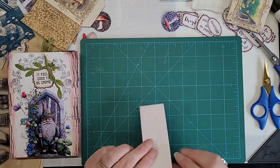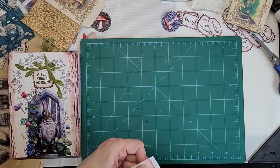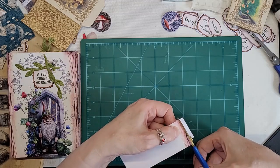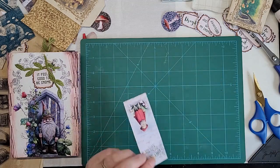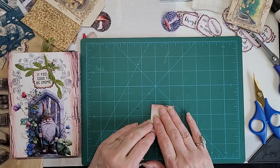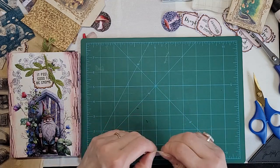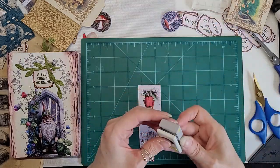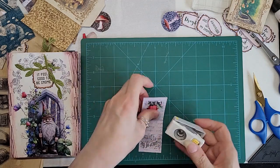I'm going to start by, oh, there's a white bit there, so I think actually what I'm going to start by doing is just trimming off that white bit. I did just print the blank page on the back of it, but clearly it didn't quite work. I'm going to fold this in half. And then I'm going to take my little, I've got this little 1/2-inch punch, and I'm going to do a